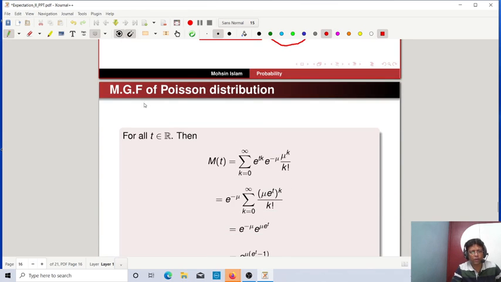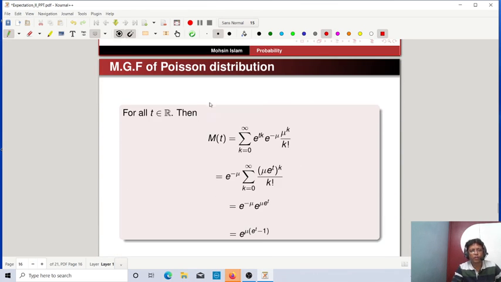Now let us calculate for the Poisson distribution. You know that the Poisson distribution is also a discrete distribution, with a countably infinite number of spectrum points. So it can be written as the expectation of e to the power tX. Again writing in the form of the exponential series, this is the form of the exponential series, and finally you have this expression using the exponential series concept, e to the power mu times e to the power t minus 1. So this is the moment generating function of a